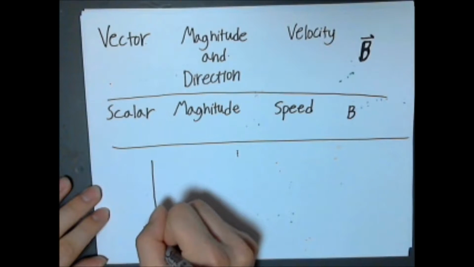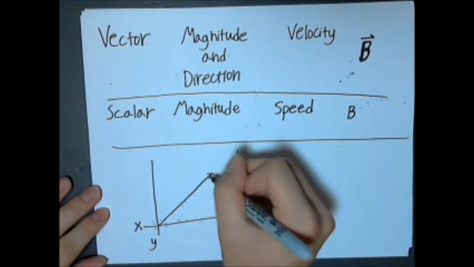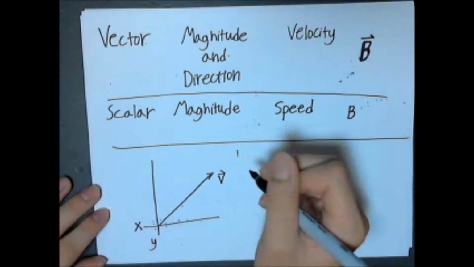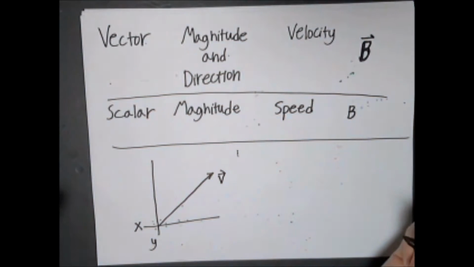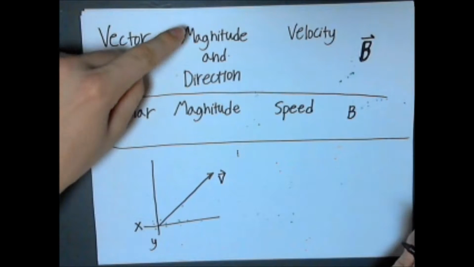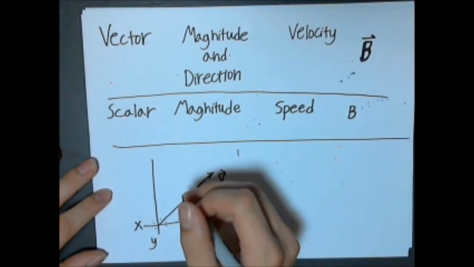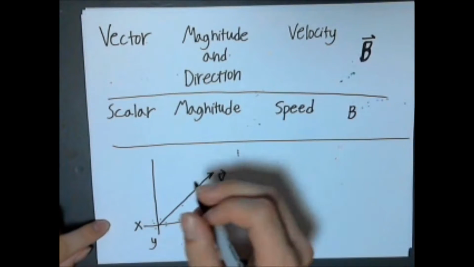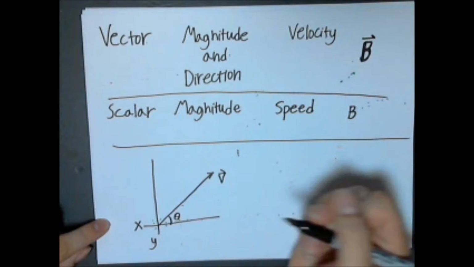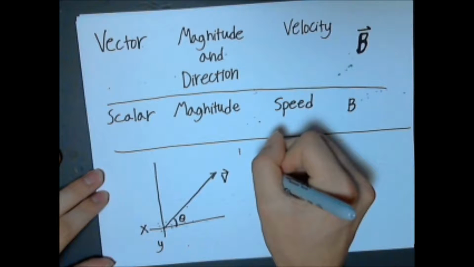Set up a Cartesian coordinate system here, x and y, and say we have a vector. Let's call this vector v, and we use a little arrow to designate the fact that it's a vector. When drawing a vector, the length of the arrow designates its magnitude, and where the arrow is facing designates its direction. So one way of describing a vector would be to set up an angle. Say we have some angle theta here, and we could describe vector v saying v has